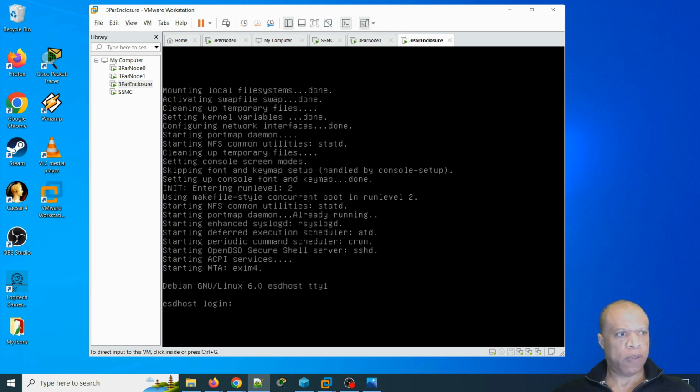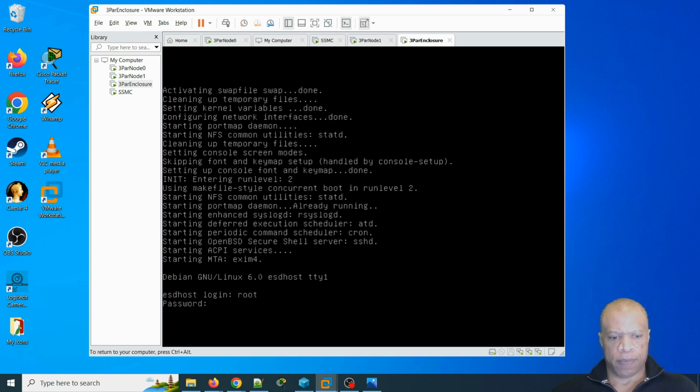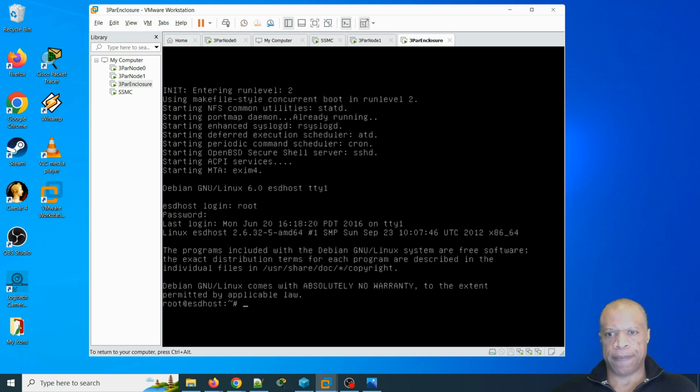Okay, let me just see what the login on this one is. Okay, to log in here, you just log in as root, password root. That's it. Interesting. Okay,